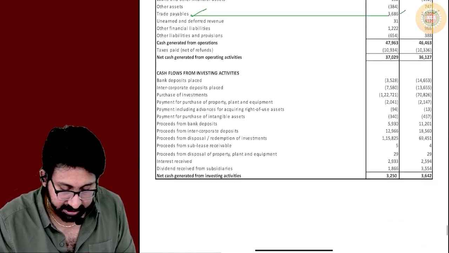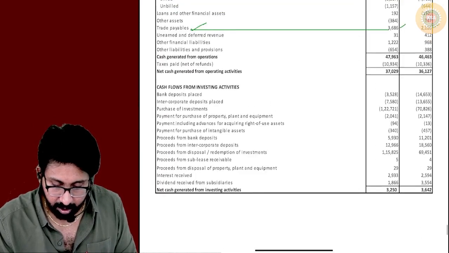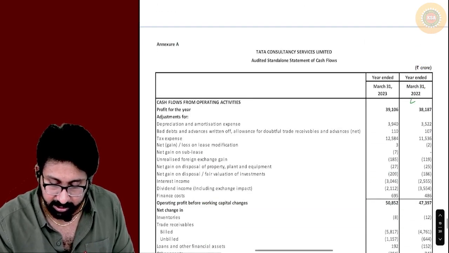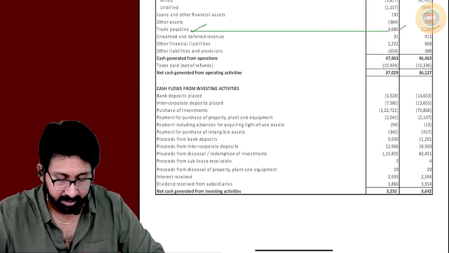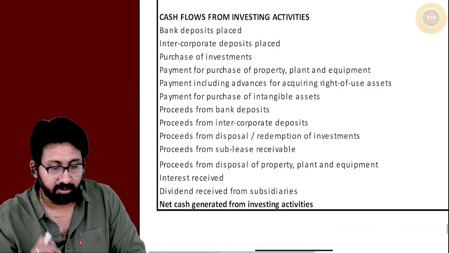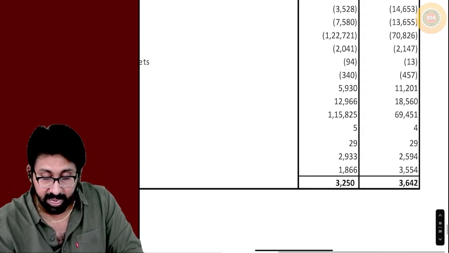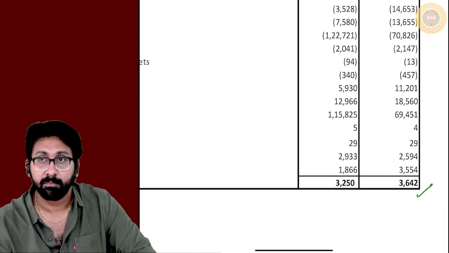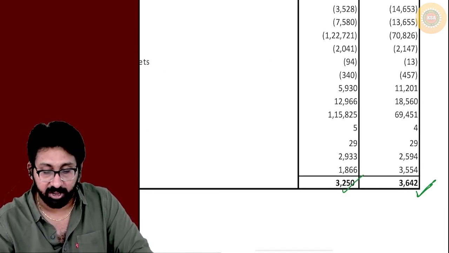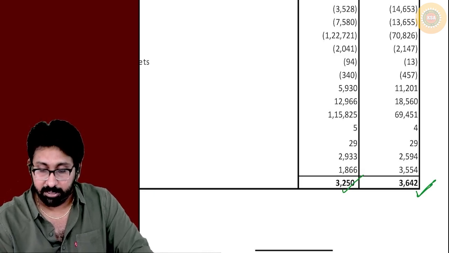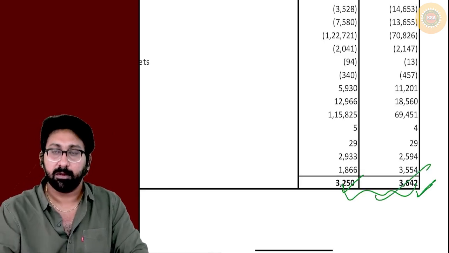Like this, if you start analyzing payments, how much payments they have made in year 22 and year 23. Cash flow from investing activity. Last year, how much is there? Last year, how much is there? But that inflow has now fallen to how much? In that particular fall, this is one of the contributors, number one.